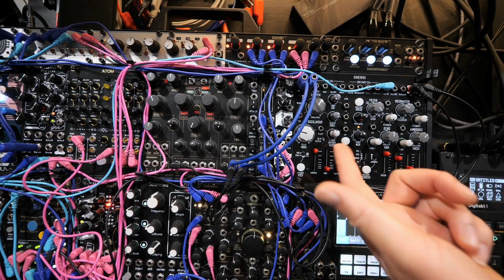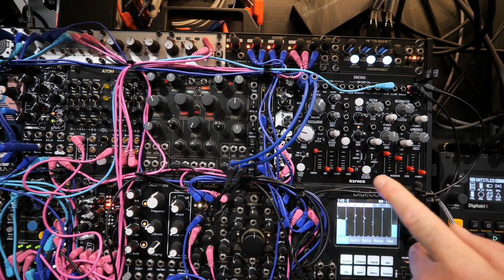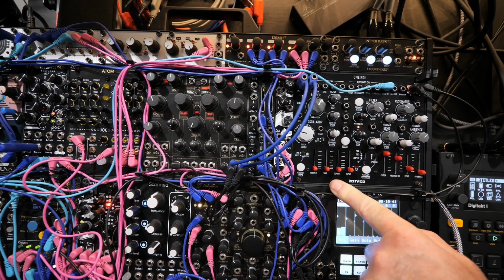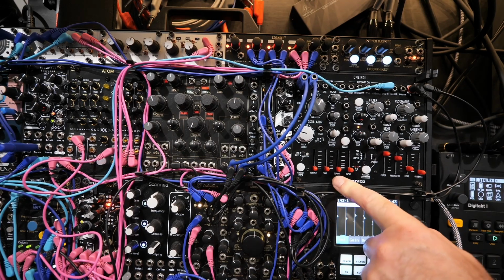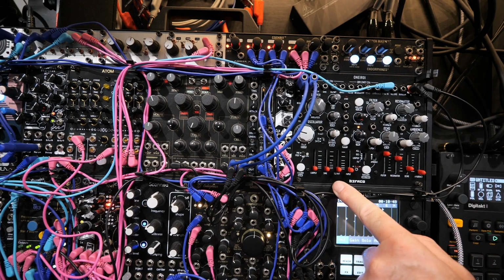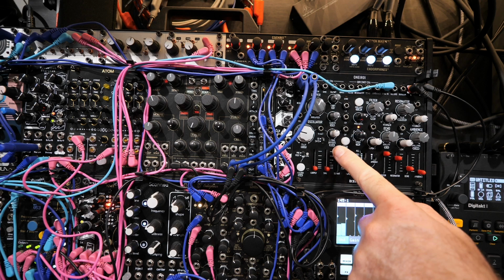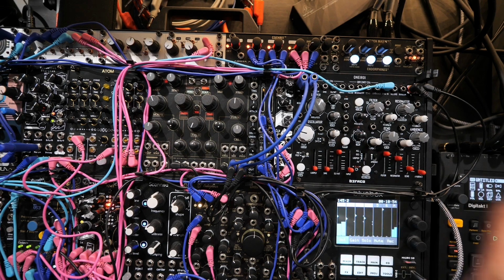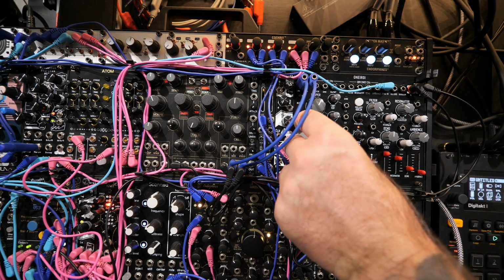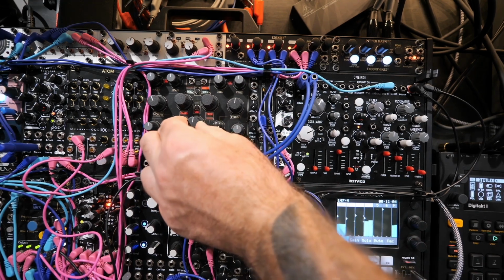And the other fun bit is in the VHIKK, the wavetable will derive from whatever you've put into the looper. So this is a derivative of the VHIKK. So if we're VHIKking,